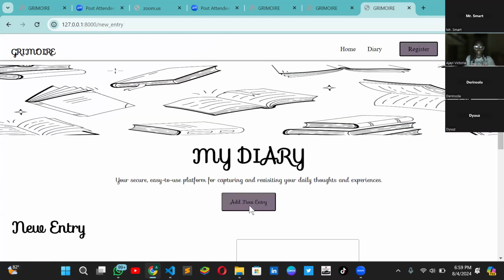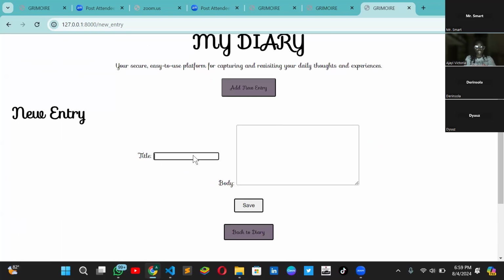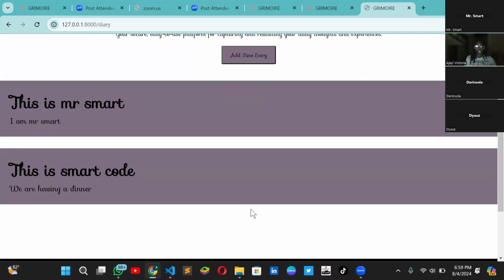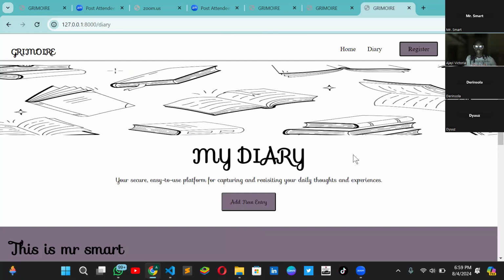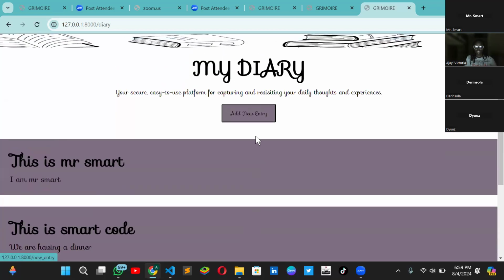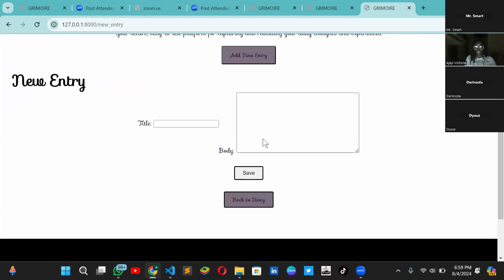Let's try another one. I'll say this is the smart code. We are having it, and we save it. Okay, so the only issue here now is you see add new entry back to diary actually takes us back